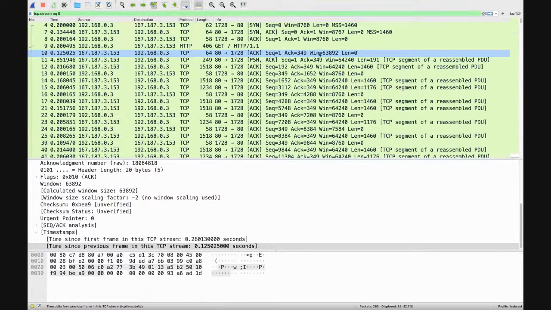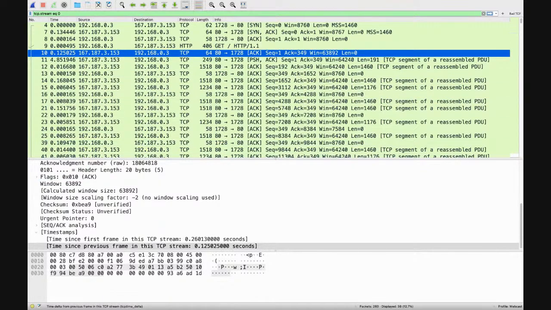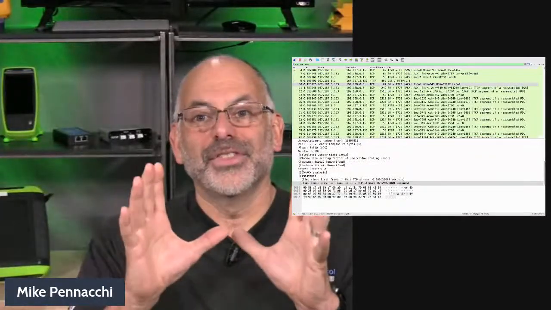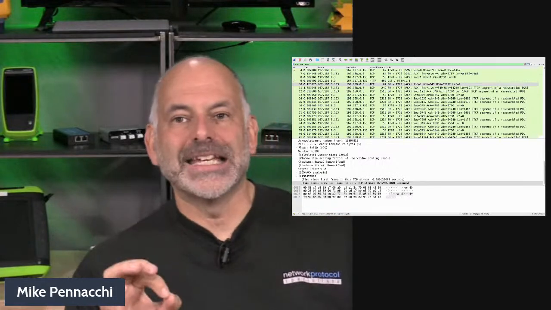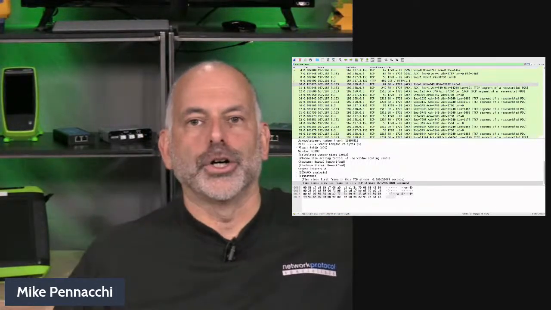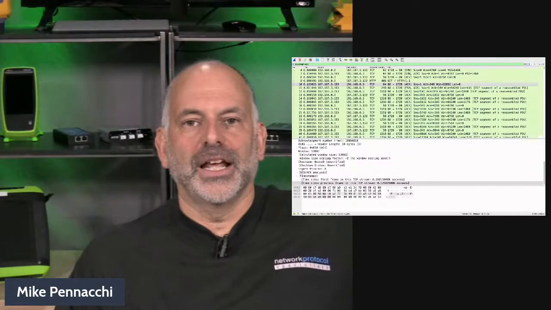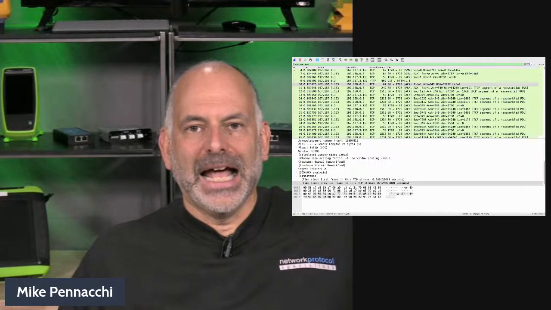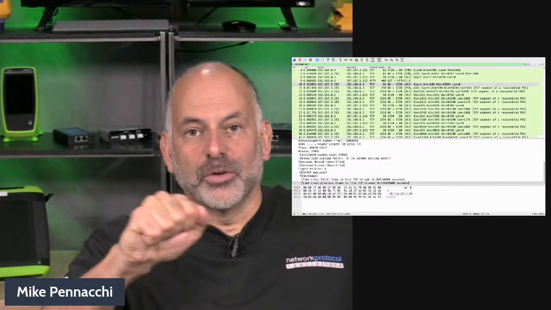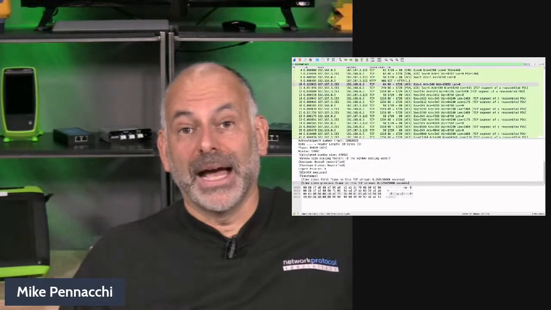How do I know it's an acknowledgement? Well, one, it says ACK, and two, the length is set to 0. Now, that length is going to be the length of the data that's getting sent back. So think of if you sent a certified letter. You send that certified letter out. When the person receives the certified letter at the other end, they sign a receipt, and that receipt gets sent back to you.